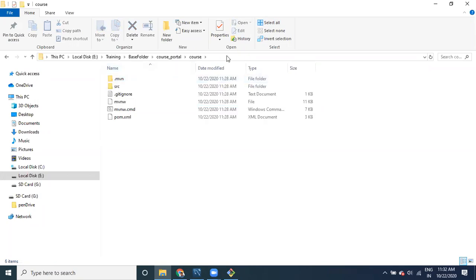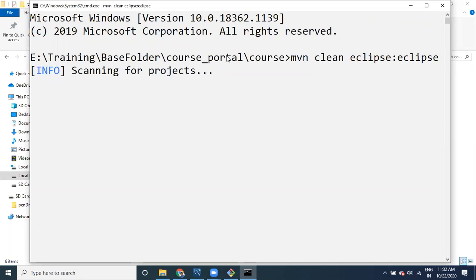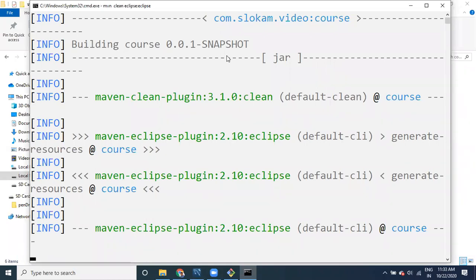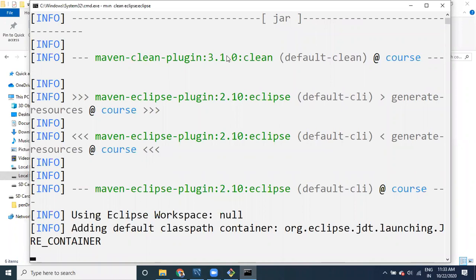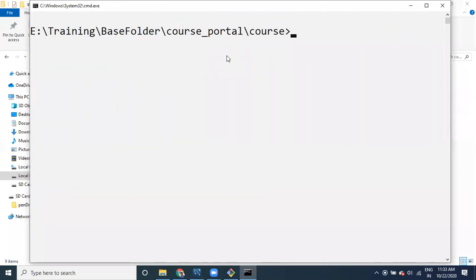Before that, this is a Maven project. What I have to do, guys, is mvn clean eclipse:eclipse. This is a very important step that we need to do. Why? Because jar files will not be available when I download this particular folder. Whenever we get this code from the remote repository, we don't have jar files available. That's why we run this command. So this is for the code.